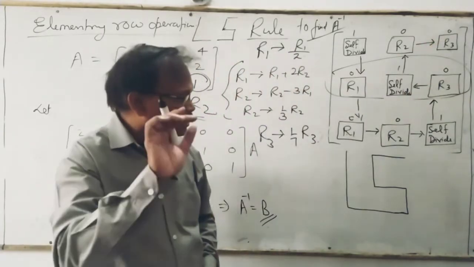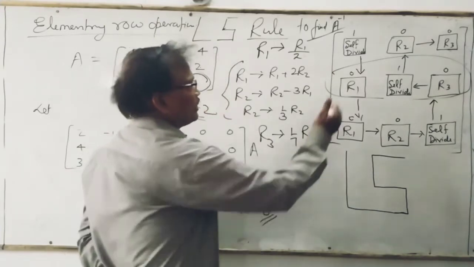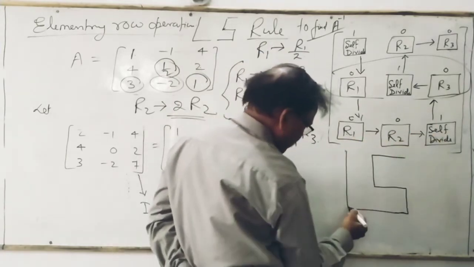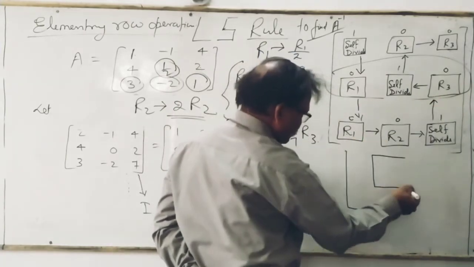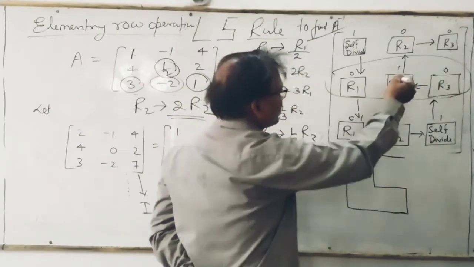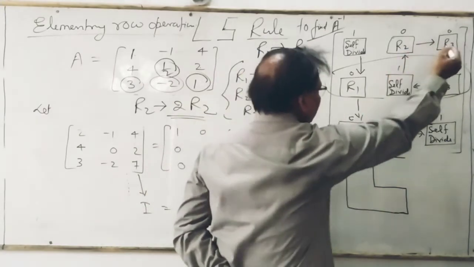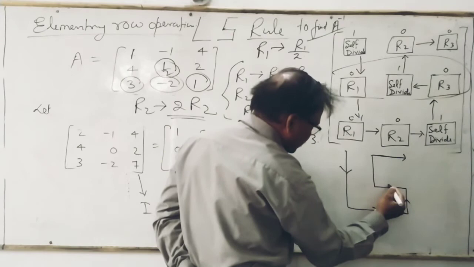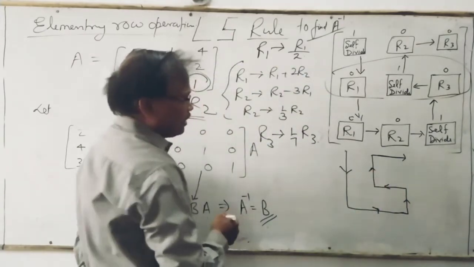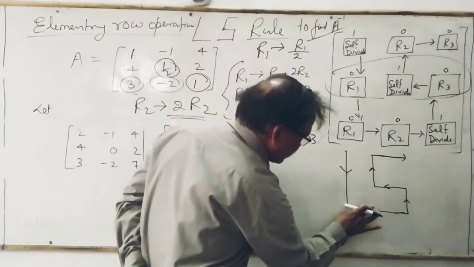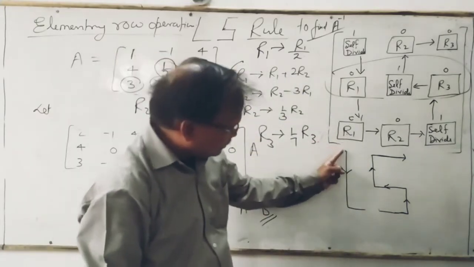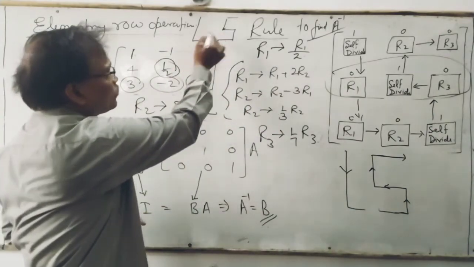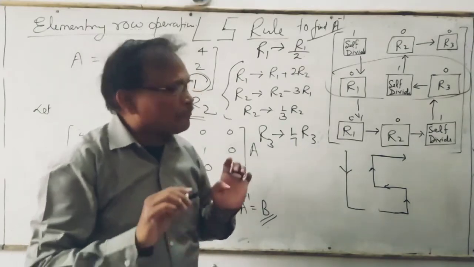So this method, in this way, if you see the direction like this, then this direction, this one, then this direction, this one, then this direction, this one, and then this direction, last this one. So start from here and go by this L. अब यदि हम इसको L5 रूल कहते हैं, तो बस हल्का सा इसको हम यहाँ पे अगर हटा दें, तो you can say that this is L and this is 5. That is why it is known as the L5 rule. So this way you can find the A inverse.